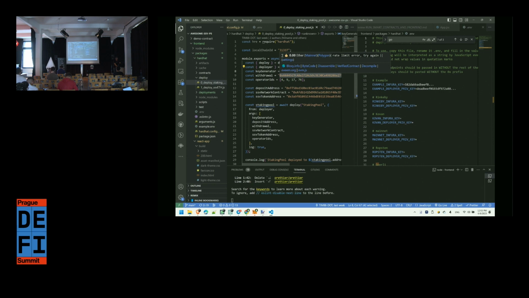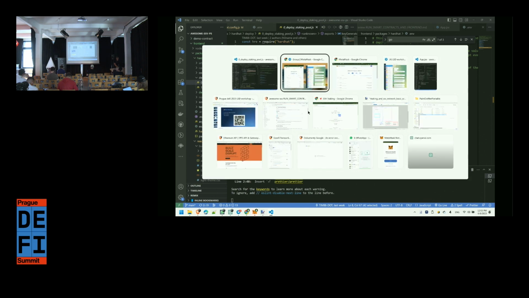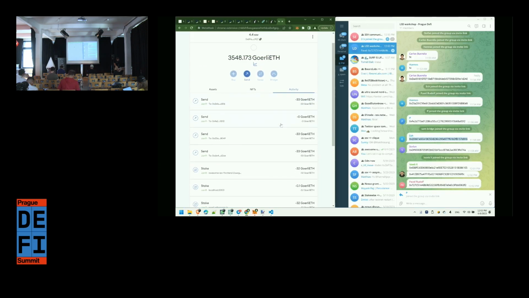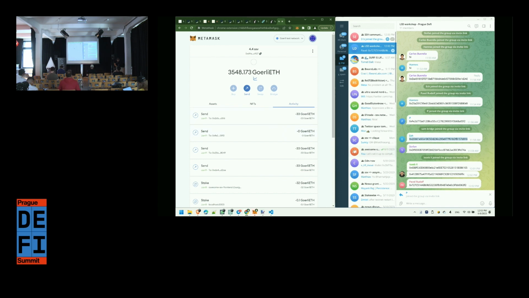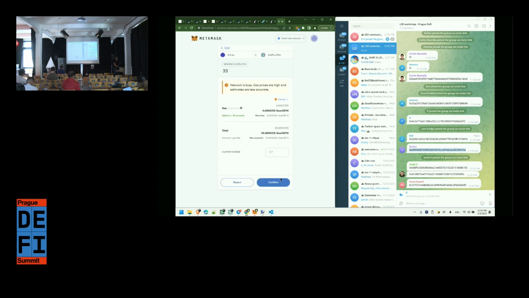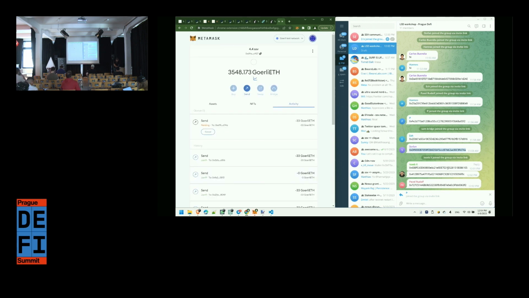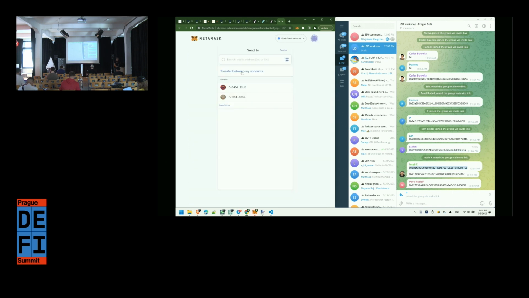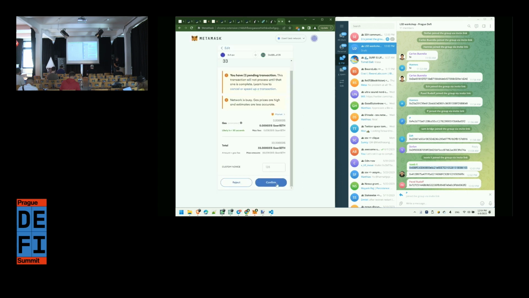Yes, with the public key you are using as a deployer. Okay, so 0x2. Okay, I'm sending out